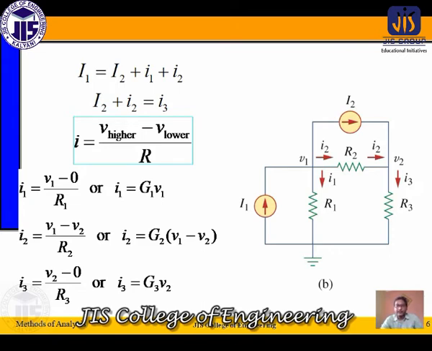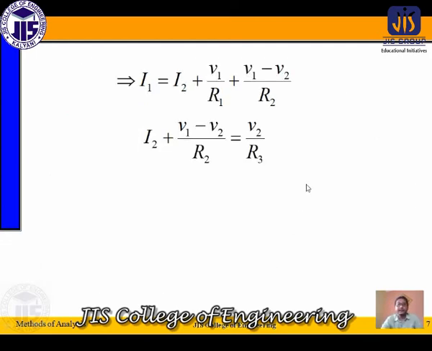So this capital I1, the value of this current source, you can't replace it by using the formula V by R. Where the current source value is capital I1, this branch current will always be capital I1, and this branch current will always be capital I2. And for the remaining small I1, small I2 and small I3, you can put in these values V by R. So after putting these values, we get equations like this.